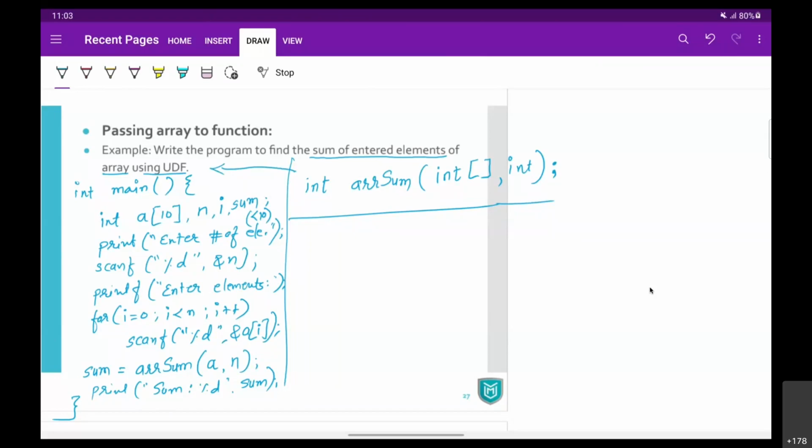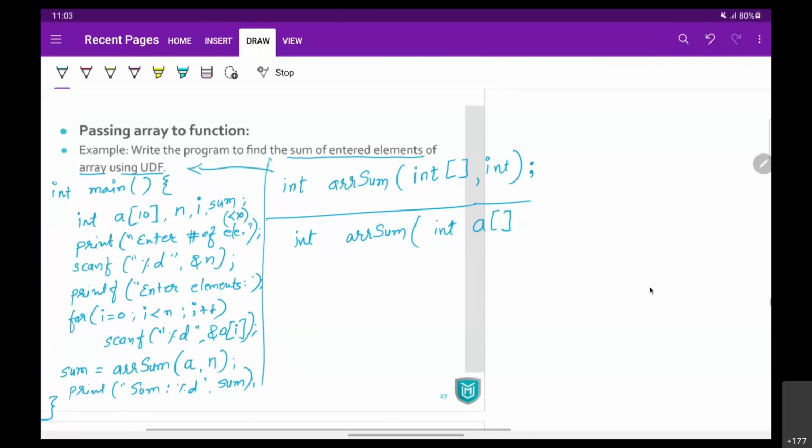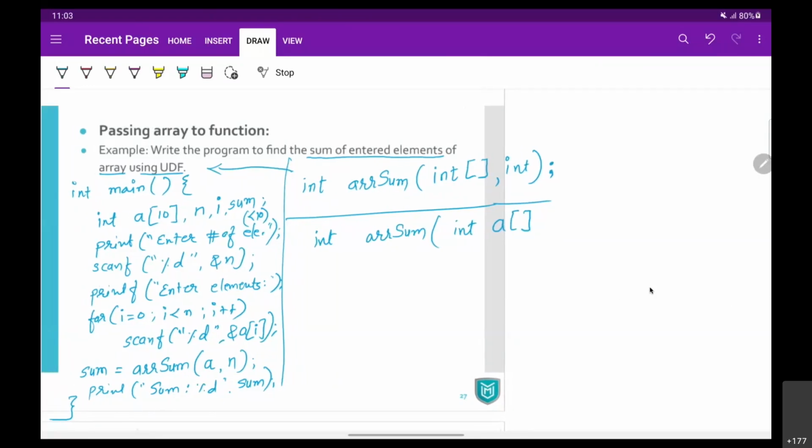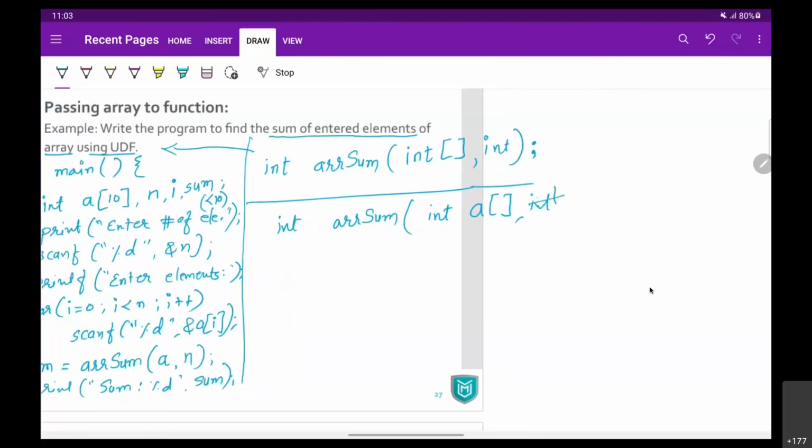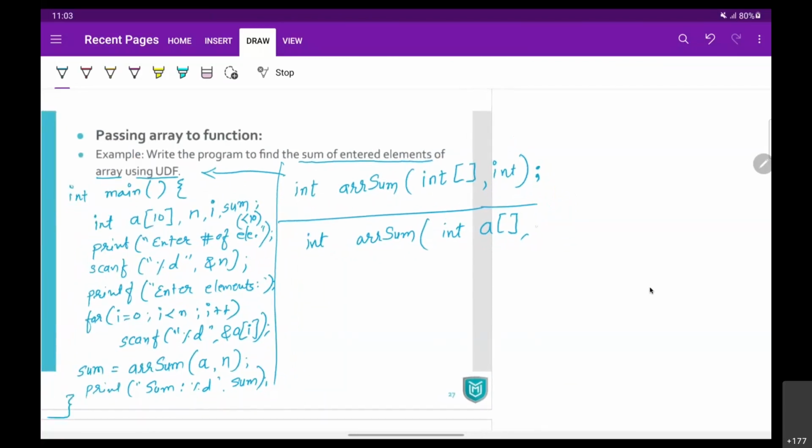Now when you're going to define your function, तो आप क्या लिखोगे? Int ARR sum, parameter is going to be int. Now in this definition we require variable, so I call it A, and then to indicate it's the array, square bracket. And the second parameter is going to be integer n. Let me call n because ये तो locally हो जाएगा. No semicolon, but instead of that, we are going to have curly bracket to define function body here.